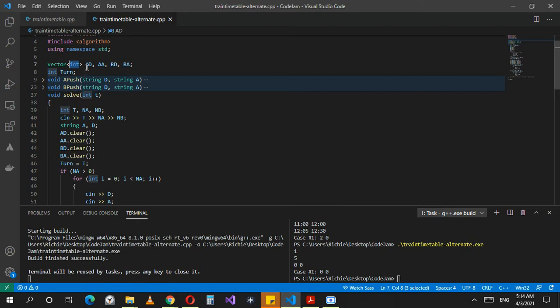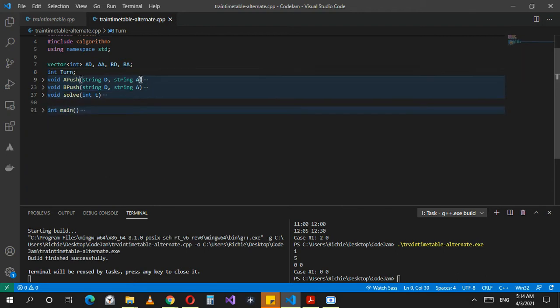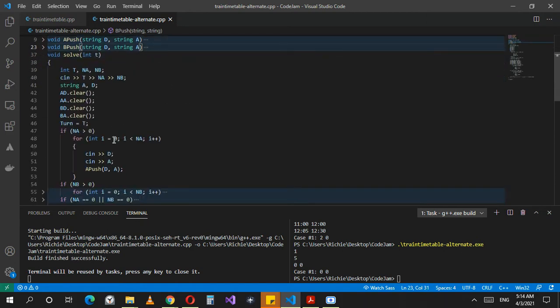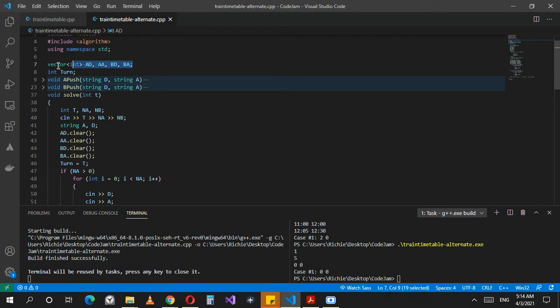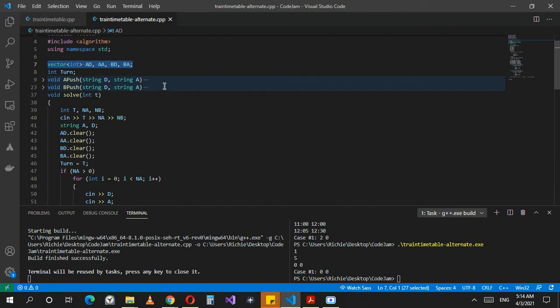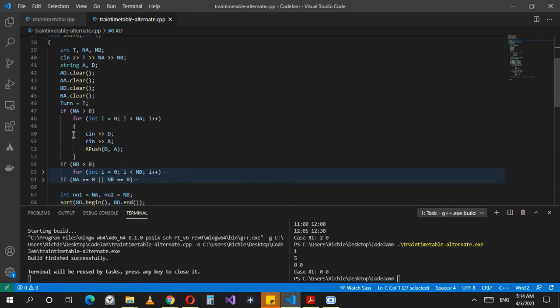I'm using integers. These are departure from A, arrival at A, departure from B, and arrival at B. The turnaround time is also a global integer because I don't want to keep passing it into these functions. I'll get to these functions later. You don't want to have the same code again and again inside the loop.